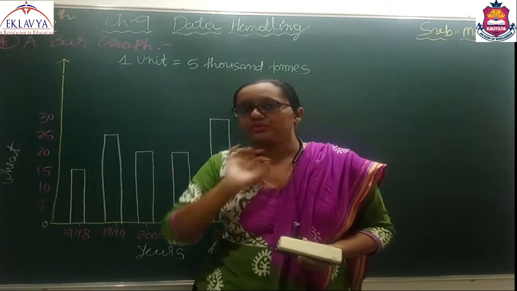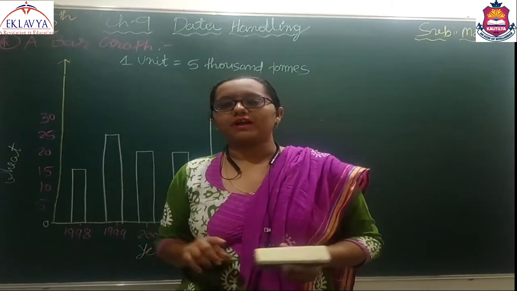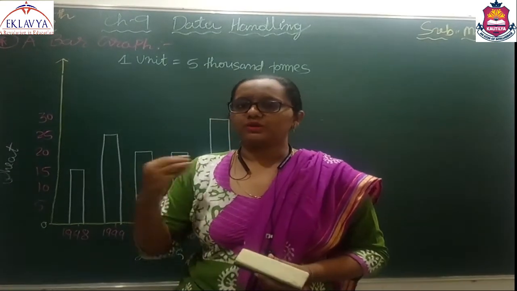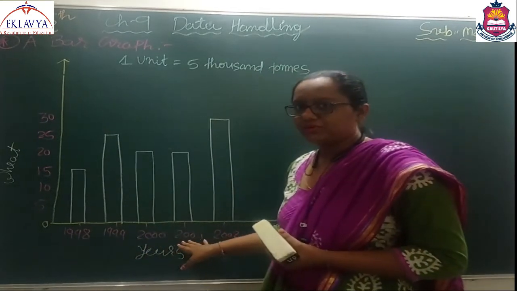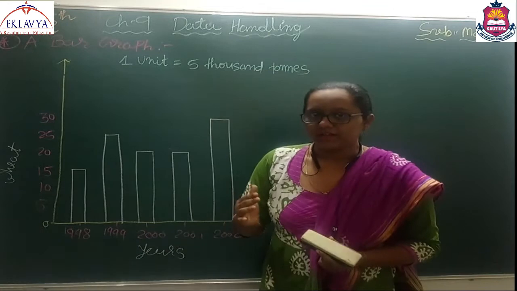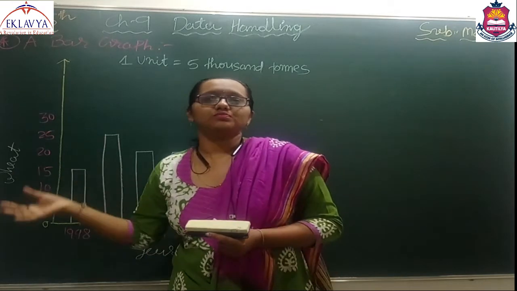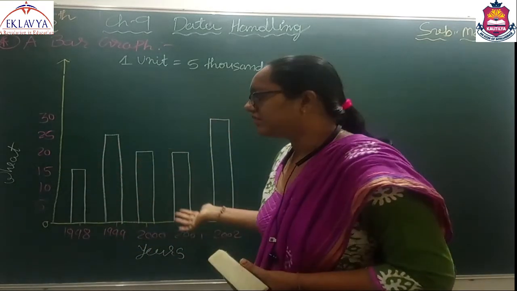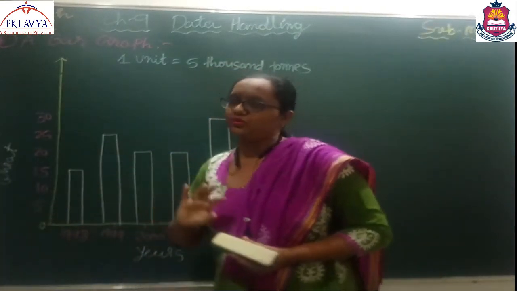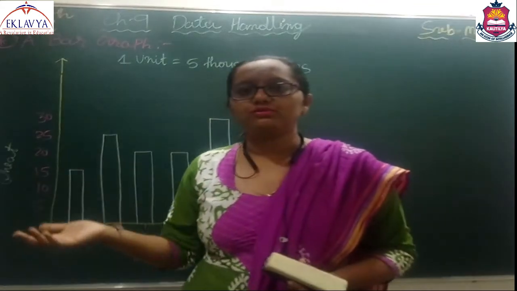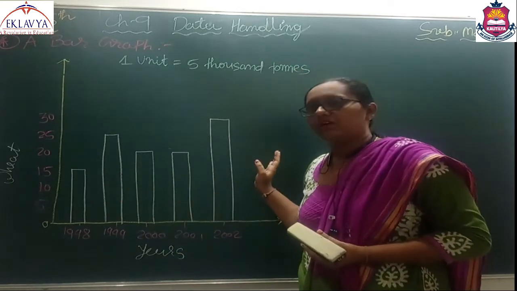I know this is not a new thing for you because in the previous standard we have already done how to draw a bar graph, that you already know, but we will repeat it here one more time. So this is called the x-axis, that you know. We have a data, so which type of data will be there in a bar graph? In this year we have purchased this much, so that type of data will be here. So this is called the x-axis, this is called the y-axis, and what to show on the x-axis and y-axis, that everything you know. This is just for your repetition.